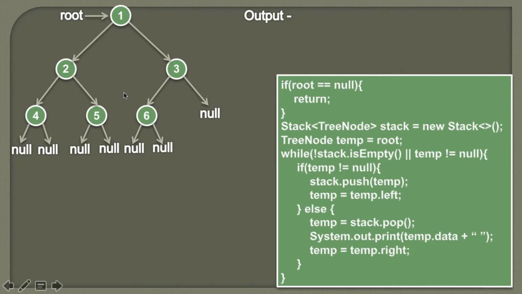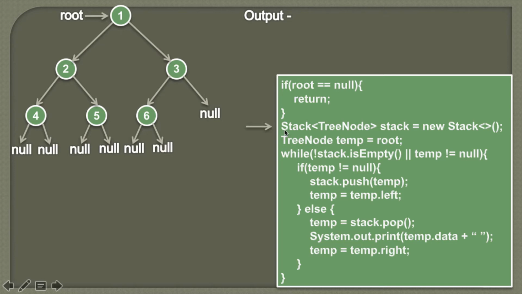So let's suppose we are given a binary tree having 6 nodes, where root is pointing to the node 1. Let's apply this algorithm over this binary tree and see how we can traverse each and every node using the in-order tree traversal. In the first step we check whether root is equal to null or not. If root is null, we simply return because there are no nodes in the tree to be traversed. Currently root is pointing to node 1, therefore it's not null, so the condition in the if block comes out to be false.